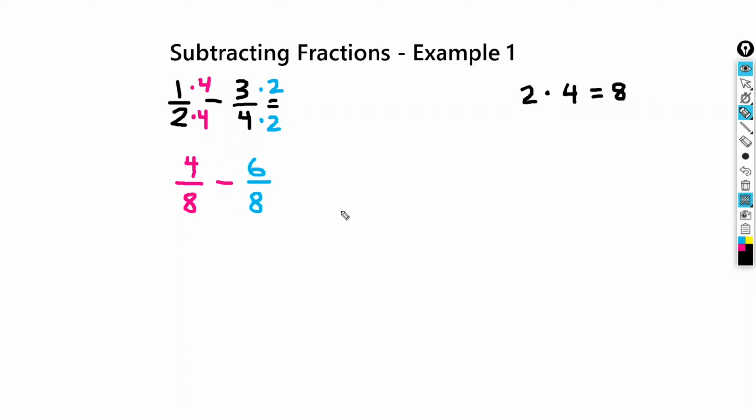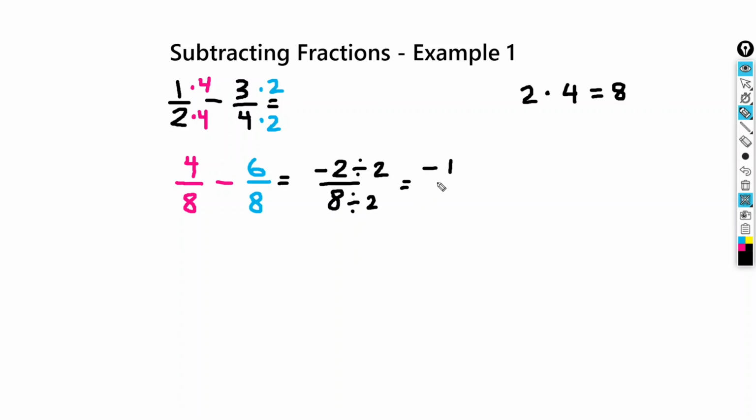So we're going to do 4 minus 6, that's going to be a negative 2, over 8. We're going to keep the denominator the same. Now, both 2 and 8 are divisible by 2, so we can divide out 2 from the top and the bottom. And we can get